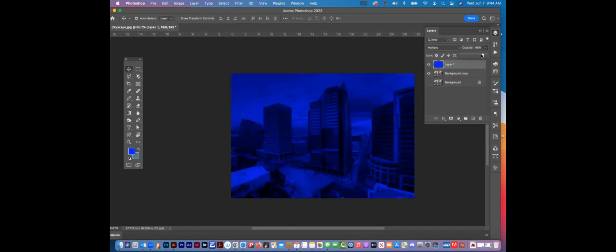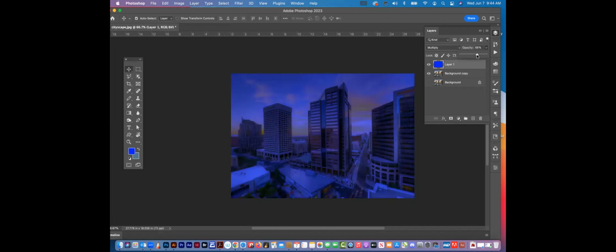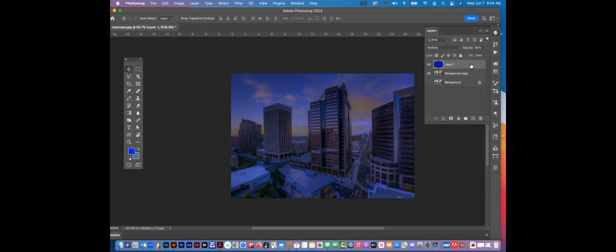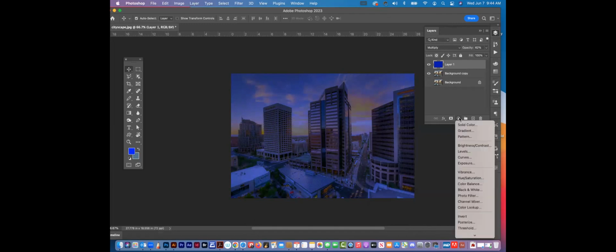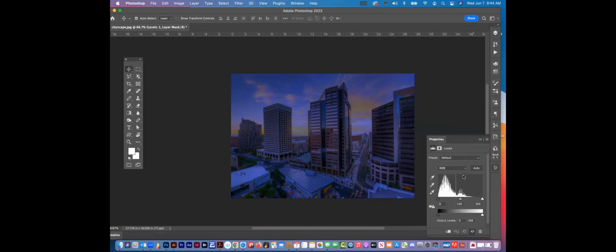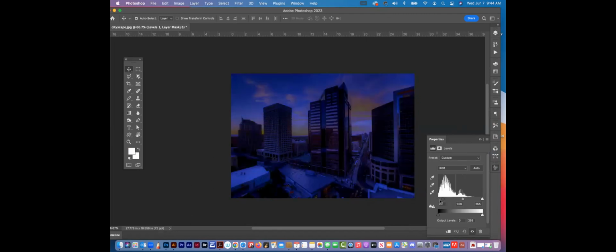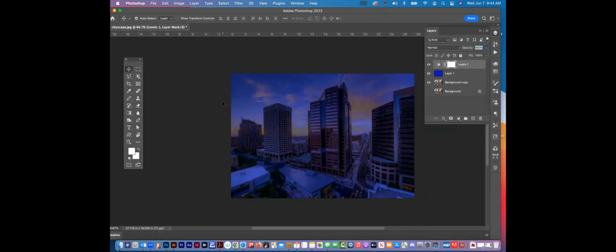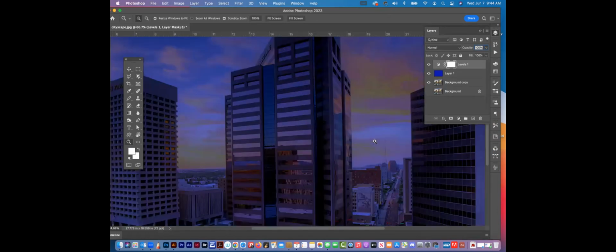I'm going to pull the opacity down a little bit. And I can start to get, let's see if we need to desaturate it a little bit. No, that's fine. Maybe the darkness a little. I'm going to try my levels. So I'm going to go to my levels right here. Darken it up a little bit. What I could start to get here is sort of,